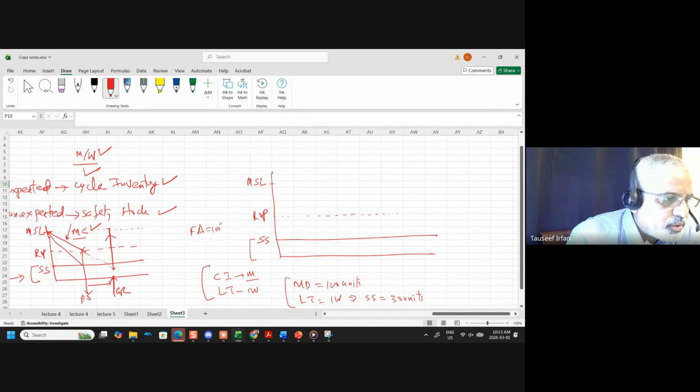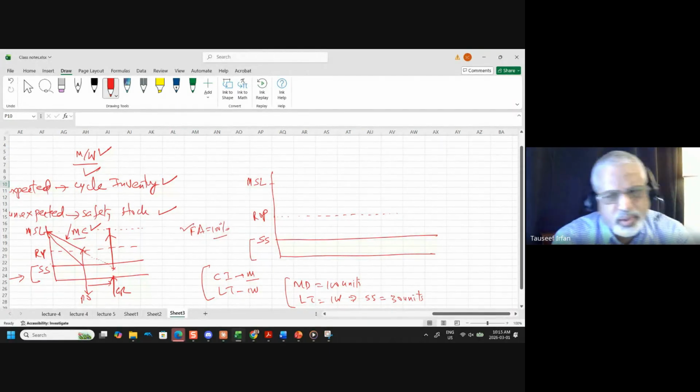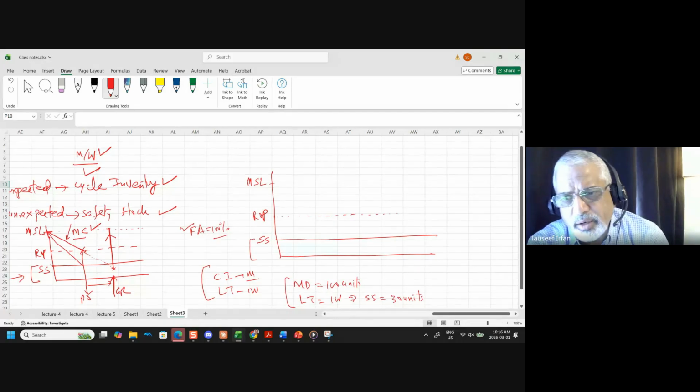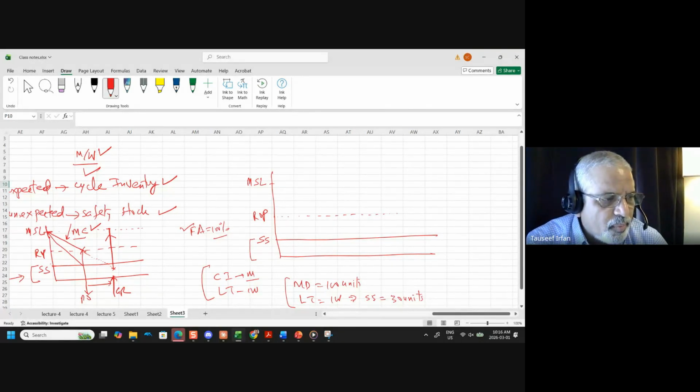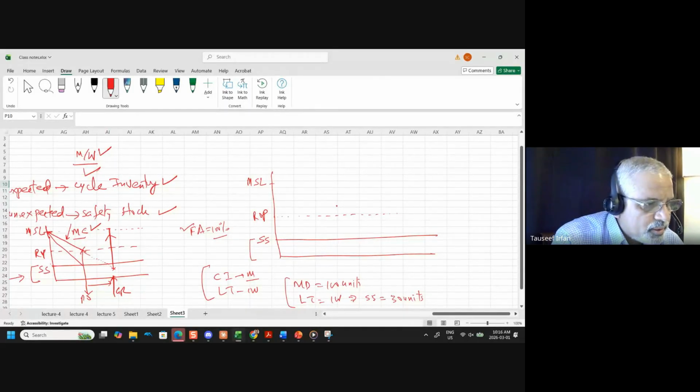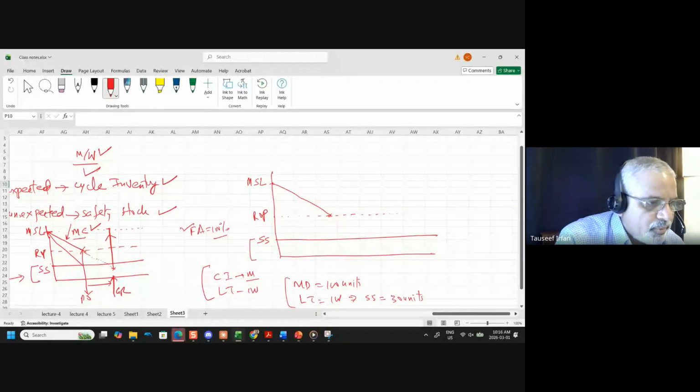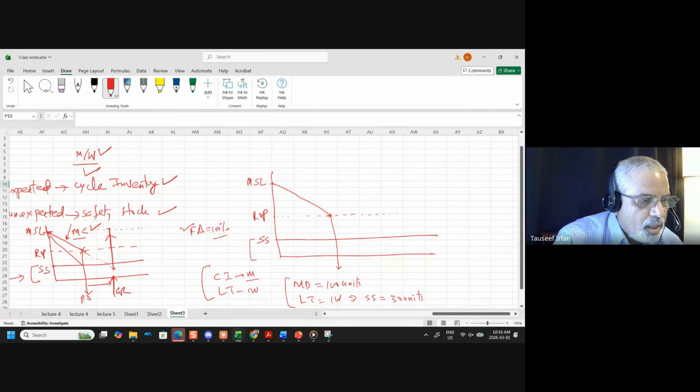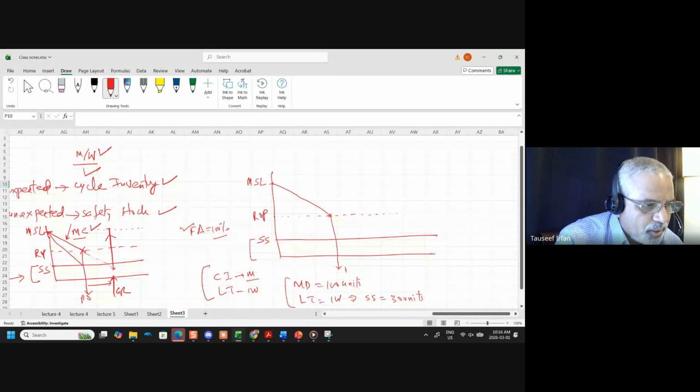If my forecast accuracy is 100%, whatever I kept in the cycle stock is enough to support that demand. It hits the reorder point, and then the purchase order is issued to the supplier, and then after a certain lead time,